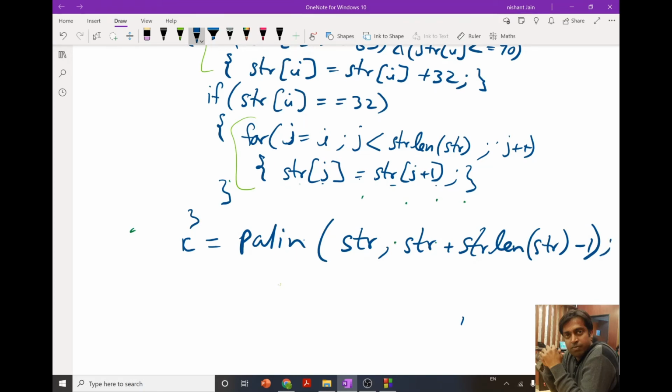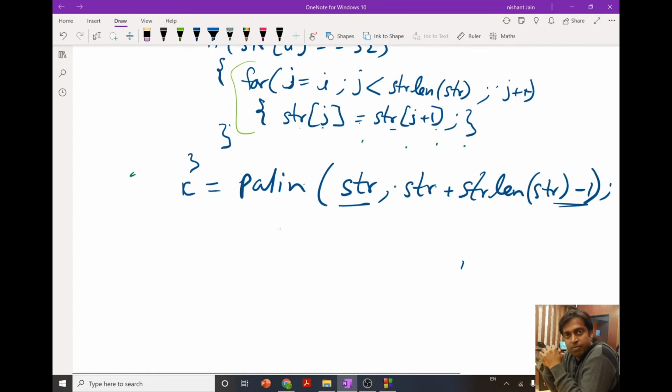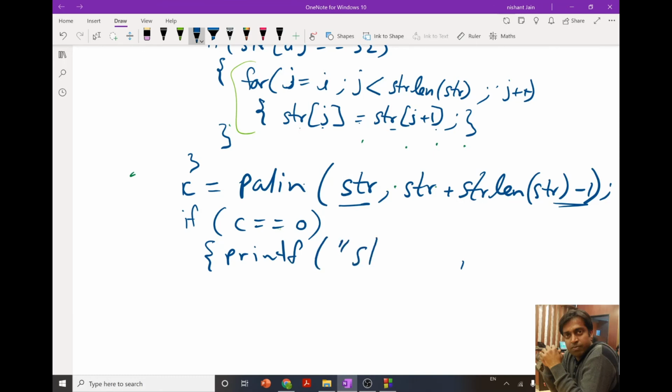Okay, so this is the address of the first character, and this is the address of the last character. And after this I am going to check if c is equal to 0. If c is equal to 0, then I will print that string is not palindrome.